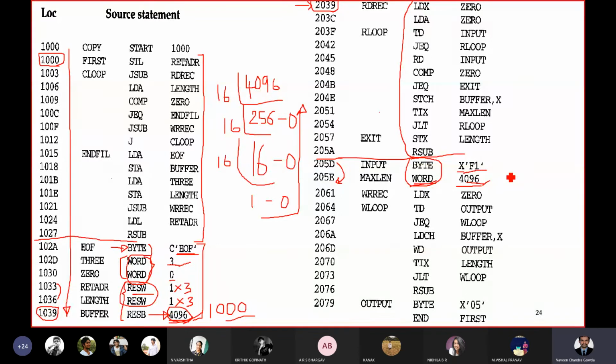So in this case, it is RESB 4096 because it is reserve byte, and RESW reserve word, whereas here it is a WORD instruction. So irrespective of the operand, you need to allocate only 3 bytes. So you can observe 205E plus 3 is 2061. When you add 205E, E plus 3 is 0, 1, F, 0 and 1. That is, you get 2061. I hope you are getting my point. If anybody has any doubts, you can ask me, my dear students.